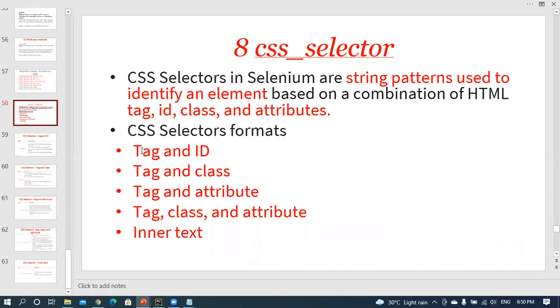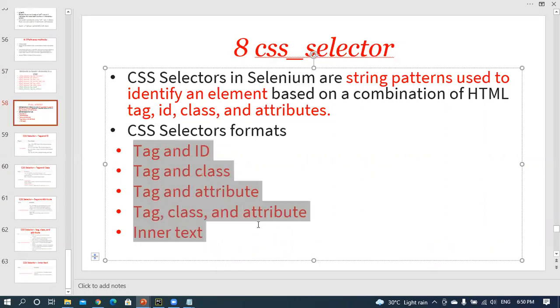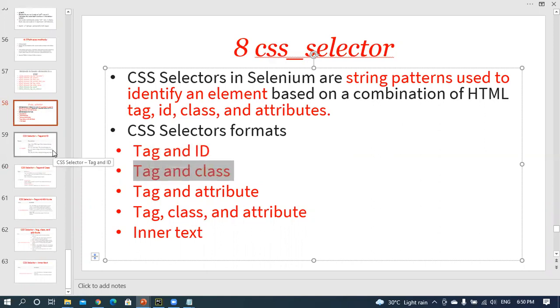These are some of the pattern combinations. One is tag and ID. How can you use the tag and ID? And then tag and class. How can you use the tag and class?